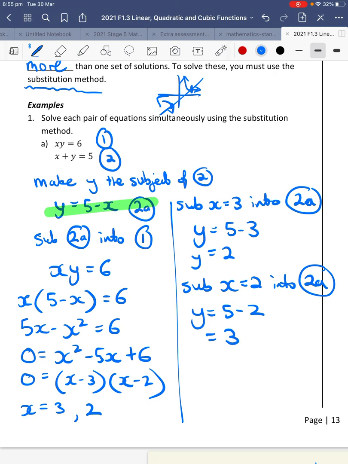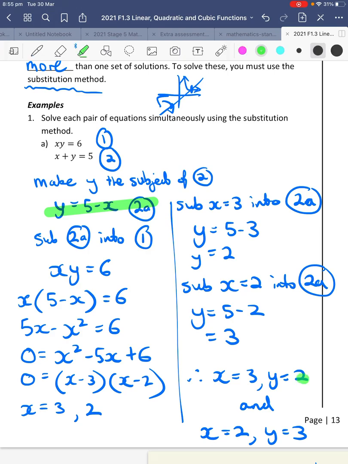And so the two solutions that I get are x equals 3, y equals 2, and x equals 2, y equals 3. So two solutions for our